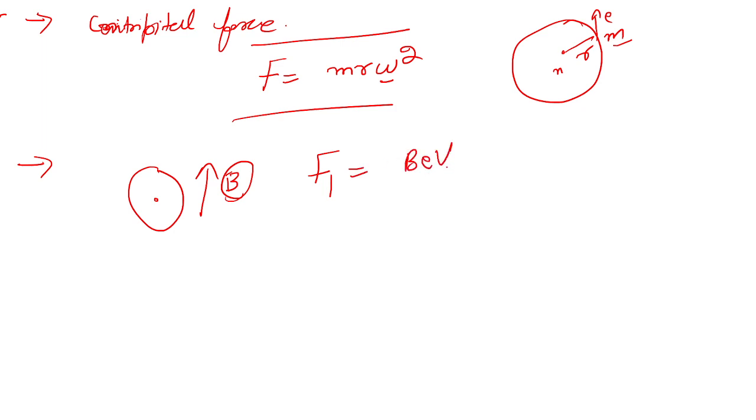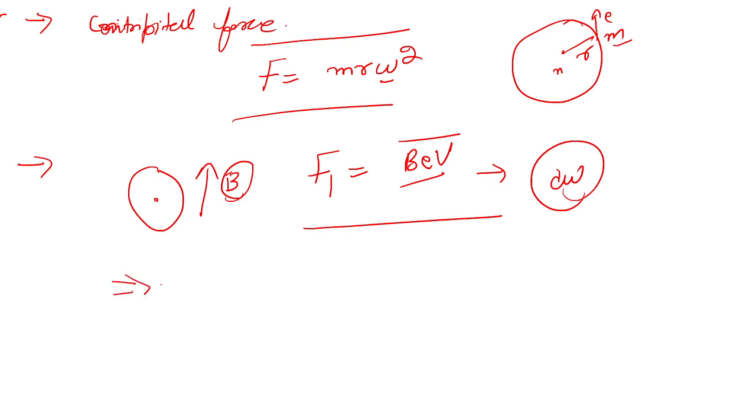V is the linear velocity with which the electron is moving. So what happens when this force acts on the atom is that there is an increase in the angular velocity, d omega. Now we have two forces, and combining these two forces, we will get F plus or minus F1 is equal to